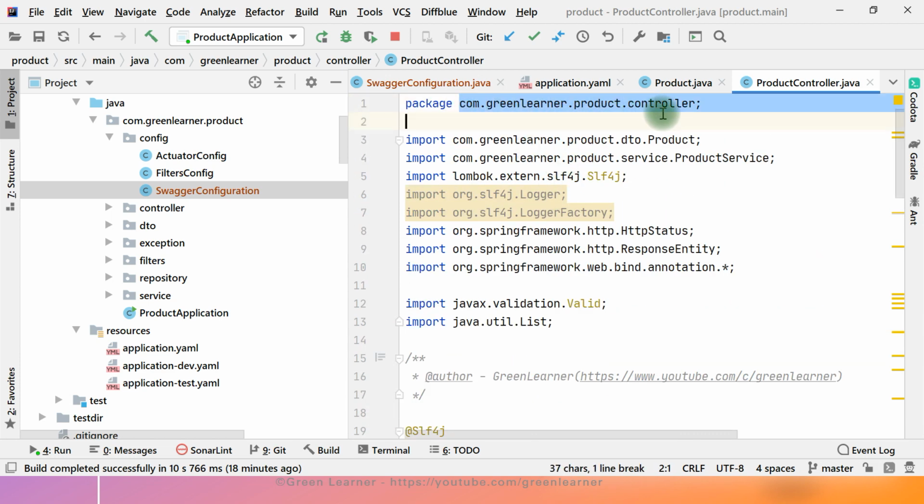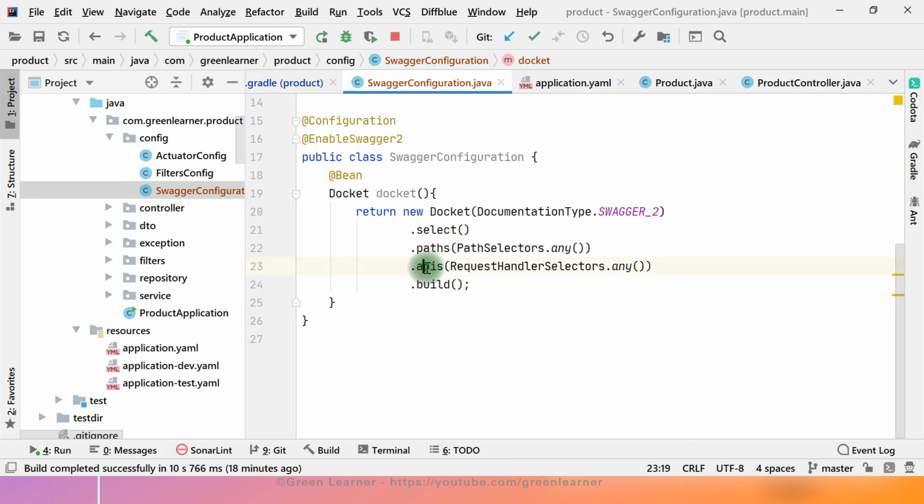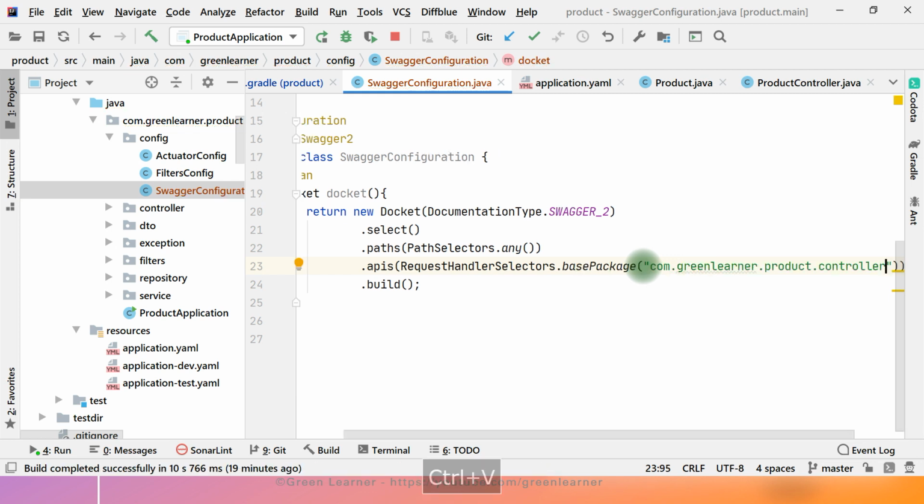So just copy this package here and come to the configuration part that we have here, and we have this APIs. We have this path selector and this request handler selectors here. So here you have said any, means all the things that are in our API, but here I can mention the base package and I can name the specific package.